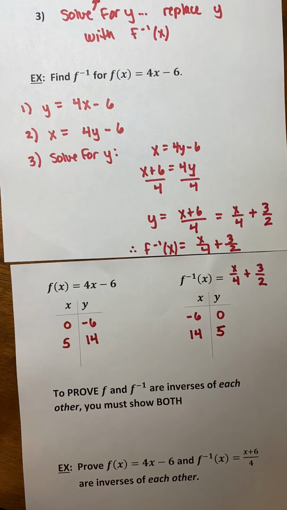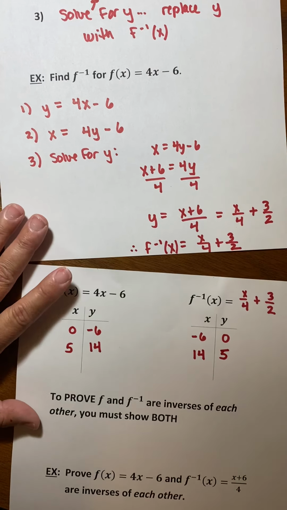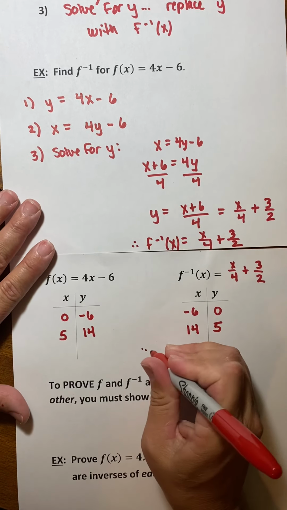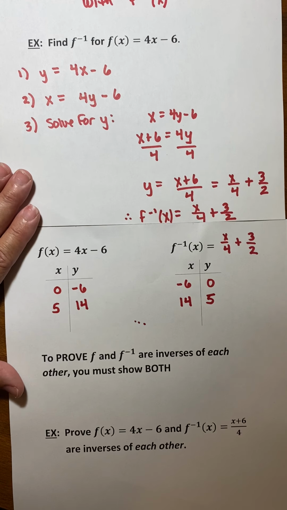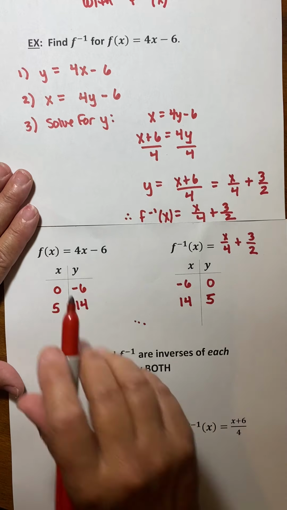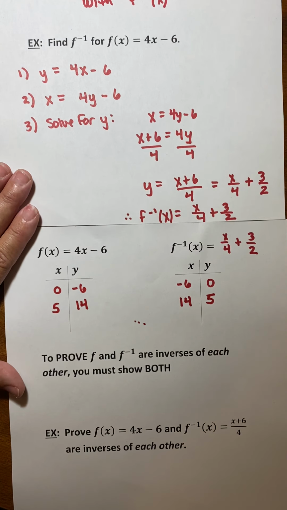All right, so just be careful you don't make silly mistakes because of algebra. So it appears to be working, right? But just a reminder, to prove two functions are inverses of each other, we can't just try two numbers. The domain of both of these is all real numbers. So we would